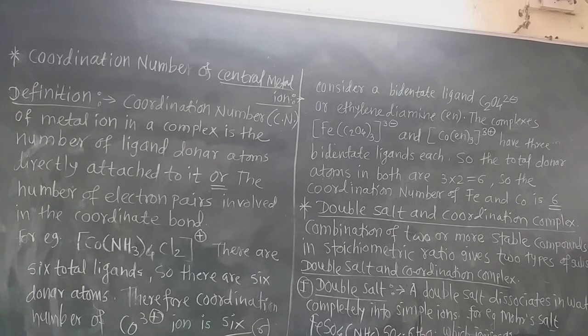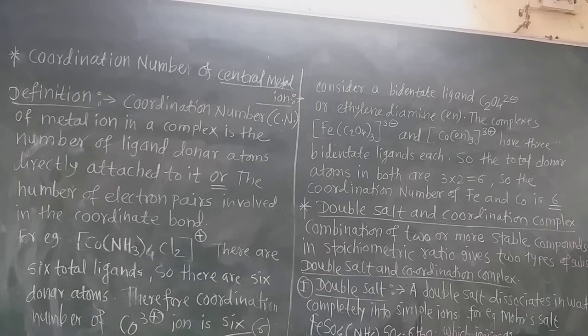How can we calculate the coordination number? First, let us see what the coordination number is. Coordination number is written as CN. Remember that, in short it is shown by capital C, capital N. The coordination number of a metal ion in a complex is the number of ligands, the total number of ligands in a complex